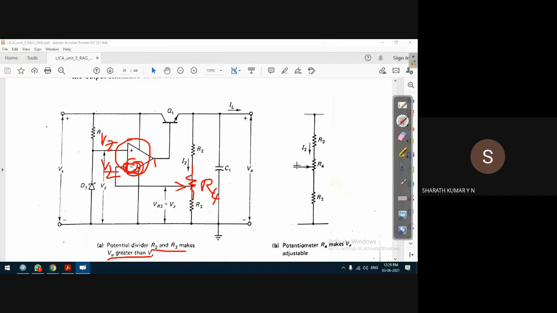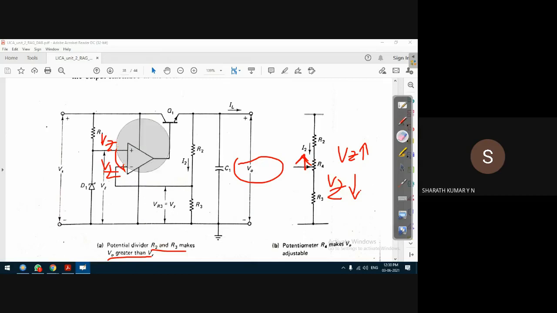If the pointer is towards R3, VZ decreases. If the pointer is away from R3, that is, the other end of the R4 resistance, VZ increases. That's how we can control the output voltage. So we can adjust the output voltage. Otherwise, in the absence of this potentiometer, we can achieve an output voltage larger than VZ, because this acts as a potentiometer. When a differential voltage is applied, the output voltage will be 0. But whenever the input voltage changes, the output voltage also changes. Thereby we can achieve the voltage divider.